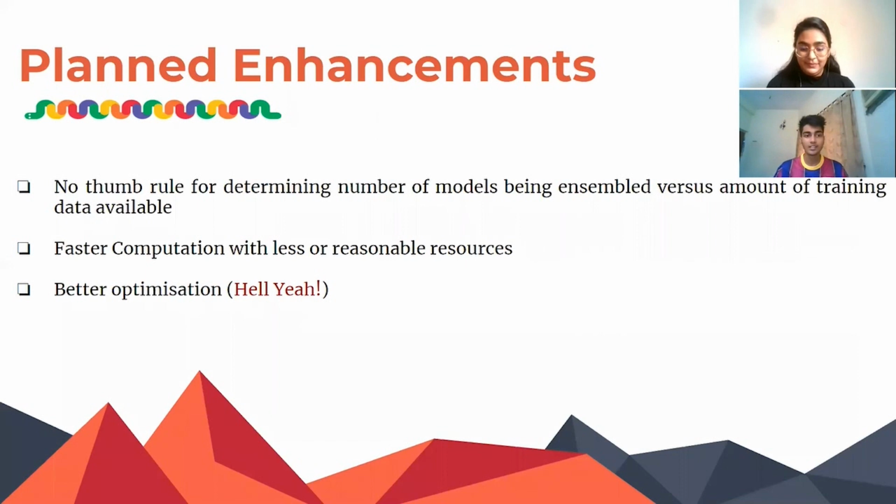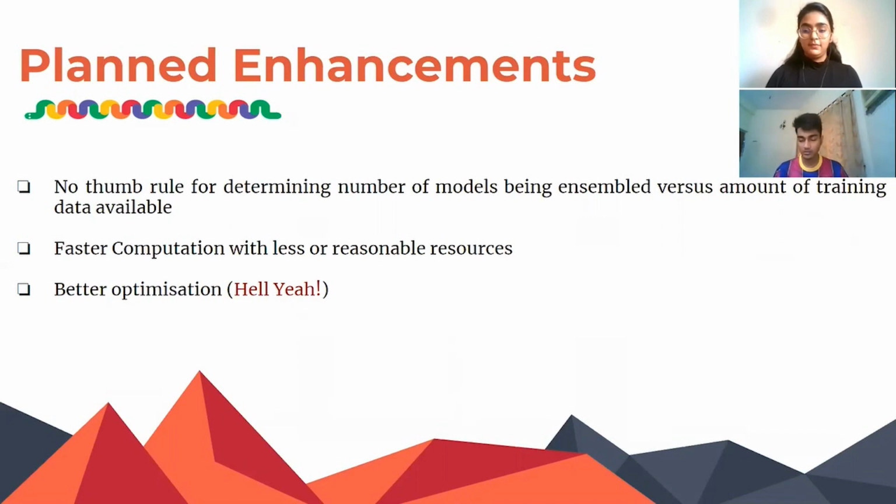Thank you so much. Okay, so moving on to the hard part, I guess. These are some of the most planned enhancements that we had in mind while preparing this presentation for you all. These are some of the most real problems that even we would love to work on if given an opportunity, because these are things that we face along the way. These are often underrated challenges, but very important ones.